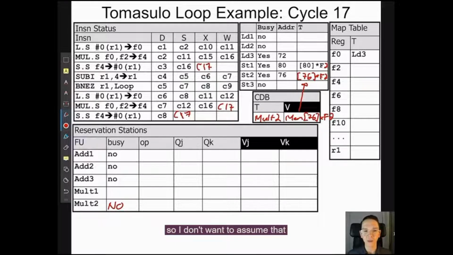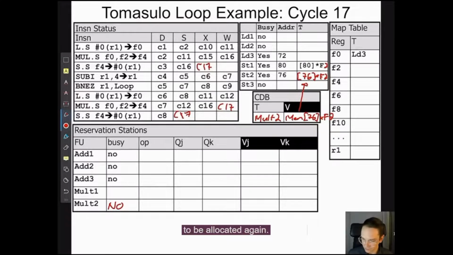So I don't want to assume that simultaneously during write back, while an entry of a reservation station is freed, it could also be allocated at the beginning of dispatch. I'm not sure that the timing would work out there, but we could discuss it in office hours or Q&A. So let's assume that only the cycle after a write back frees a reservation station, then it becomes available to